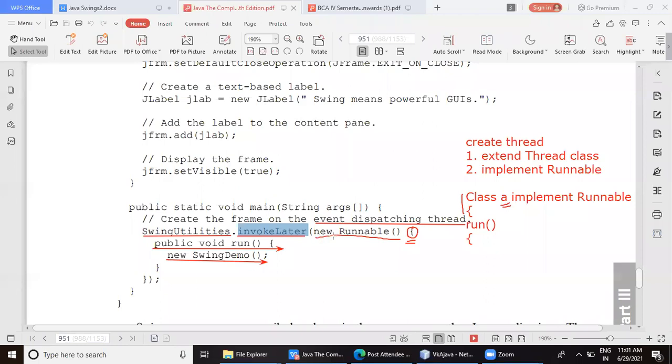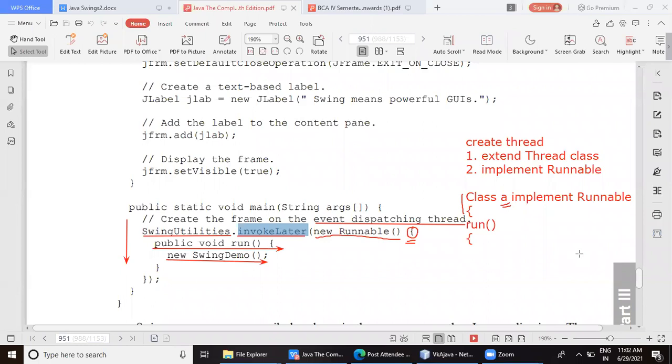And in that Runnable interface, I have to override the run method. Inside the run method, I would have written this code, but then here I am just creating a new reference so that automatically this constructor gets called, and whatever definition I want to do, I have done it in the constructor. So actually the execution starts from this part. When it reaches here, new SwingDemo, it goes up and it executes this above part of the program. And this is how my frame will be visible.